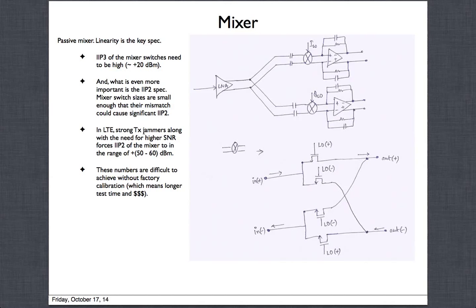but still at the end, in some of these scenarios like LTE, where the jammers, the TX itself, now remember in LTE, you're trying to receive, but your transmit is also transmitting, and it could be transmitting at pretty good power. So if you go through all the system level calculations, the SNR that is needed, LTE will need more SNR, and you put everything together, you would get IIP2 numbers in the range of 50 to 60 dBm. And this is actually very high.